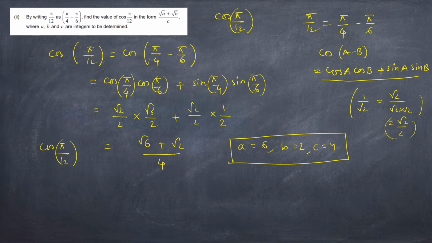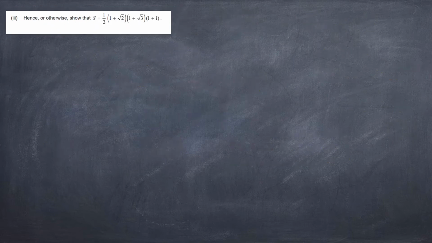Now we will move towards the third question, and this is the last question of this particular problem. So let's solve this part. Before solving, we need to calculate one more thing for this question, that is cos 5 pi by 12. We need to find the value of this part. It will be needed for us.